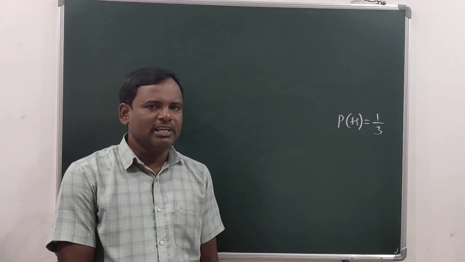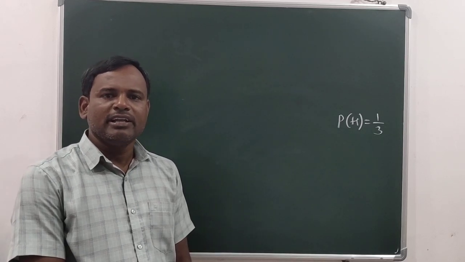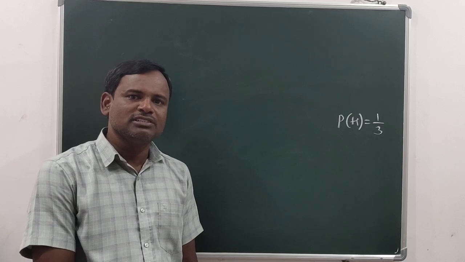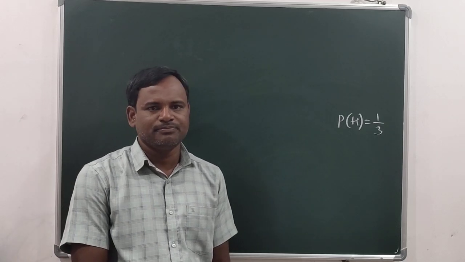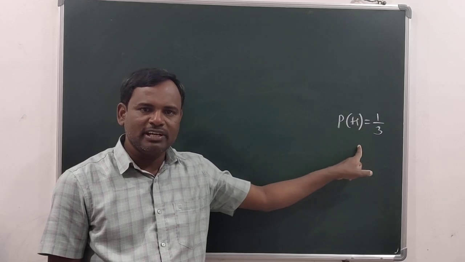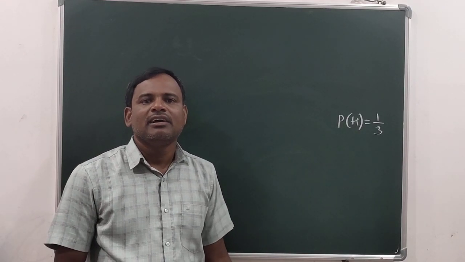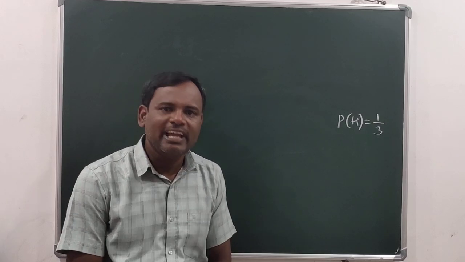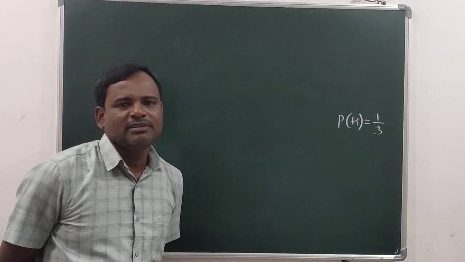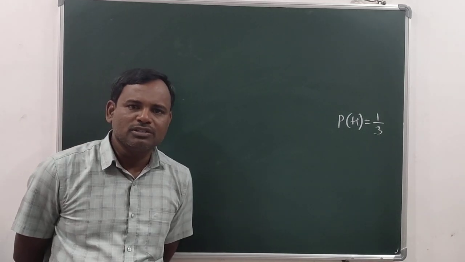Okay, once again I repeat this question, listen carefully. A coin is thrown repeatedly until we get two successive outcomes as same, and the probability of getting head is 1 by 3. Then what is the probability that experiment ends with a head? This is the question. Very easy. See, observe me how I am going to answer this question.